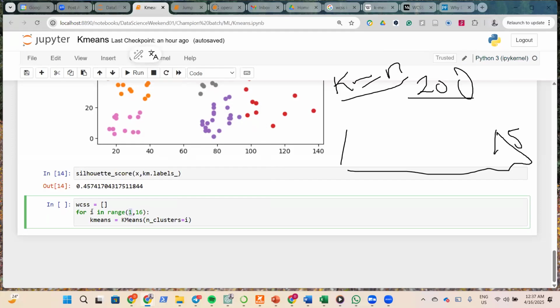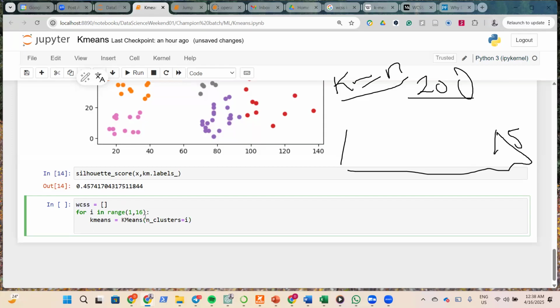The second time the loop runs, the value of i will go up to 2, so it will use 2 clusters. The third time, the value of i will go up to 3, so we use 3 clusters. And for each of these times that this runs, I want to get the value of WCSS. So what I'm going to do is,